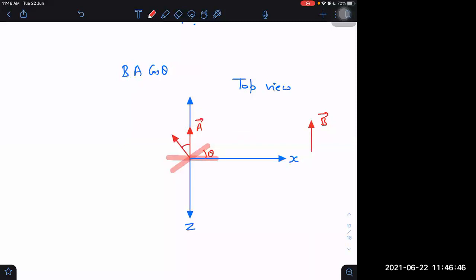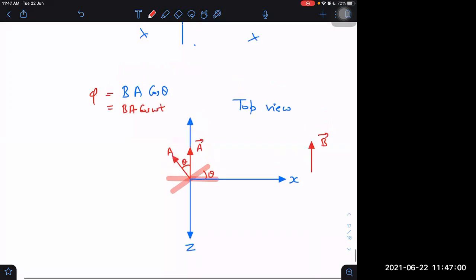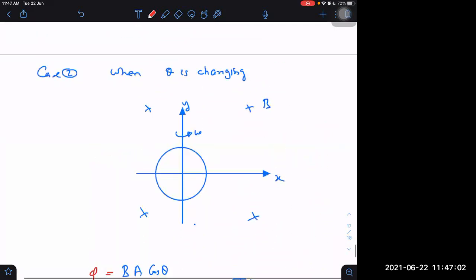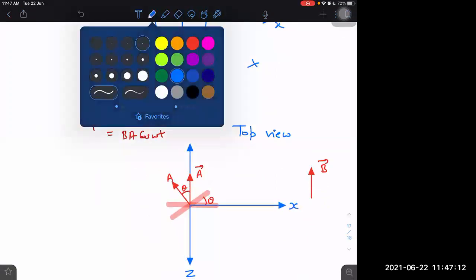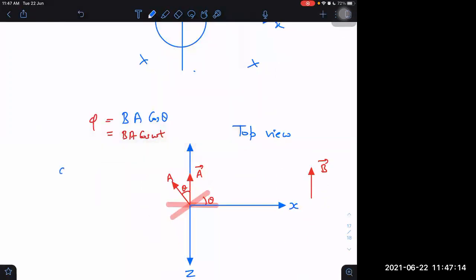So if it is rotating with constant angular velocity, let us say, then can I say that the flux will be equal to BA cos omega t, right? Let me write: when theta is changing with constant omega. That is just my assumption, we can do it for non-constant omega also, but let us assume constant omega. Then what would be d phi by dt now?